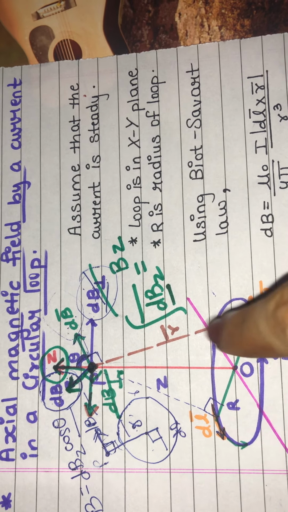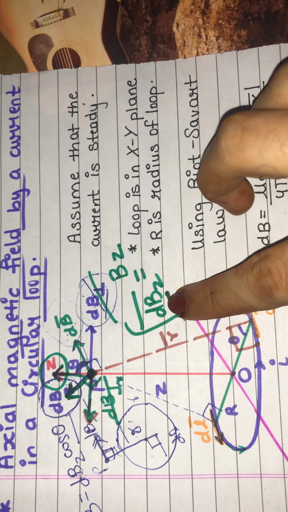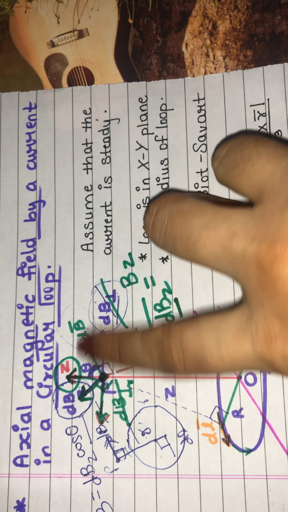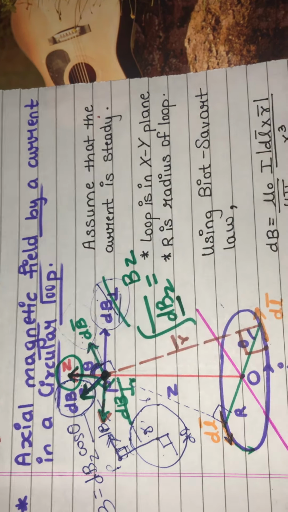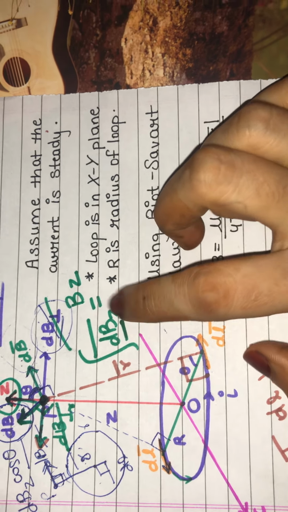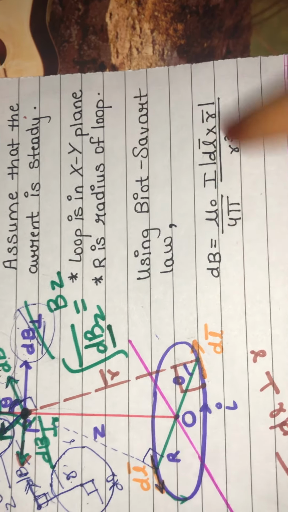जितने भी dBz हैं सारे टोटल करना है, मीन्स I will integrate dBz. dBz is what? Component of dB which survives. दूसरे जो dBl कंपोनेंट हैं, that gets cancelled. First I will find what is dB, फिर हम लोग आएंगे dBz पे. How will we calculate dB using Biot-Savart law.